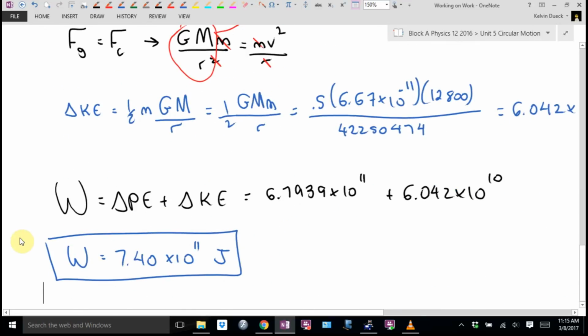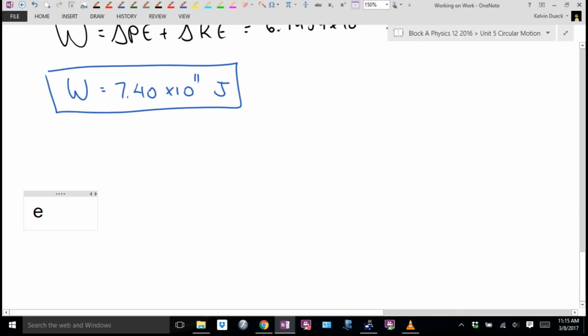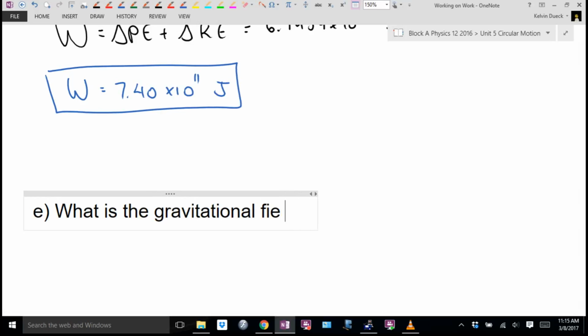What part was that? D? What else could I ask? Final thing. What's the gravitational field up there? Mr. Duick, what is gravitational field? Well,